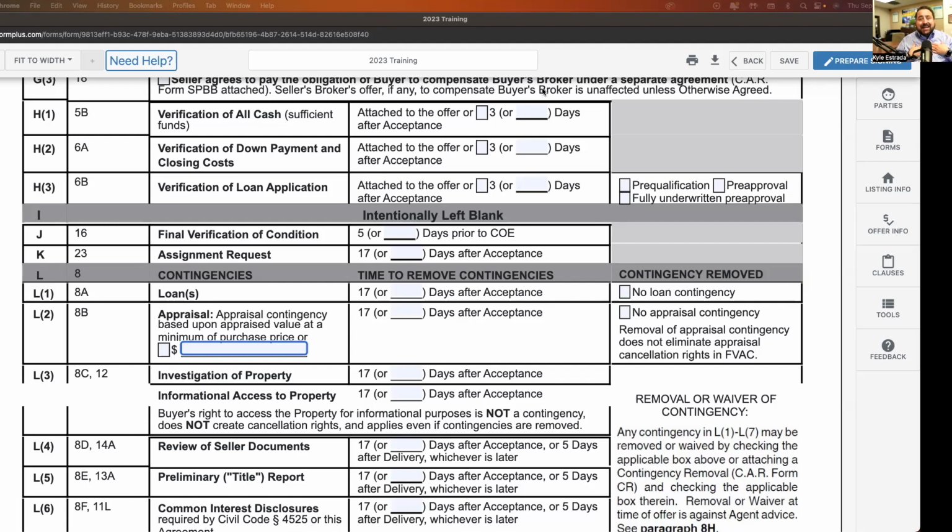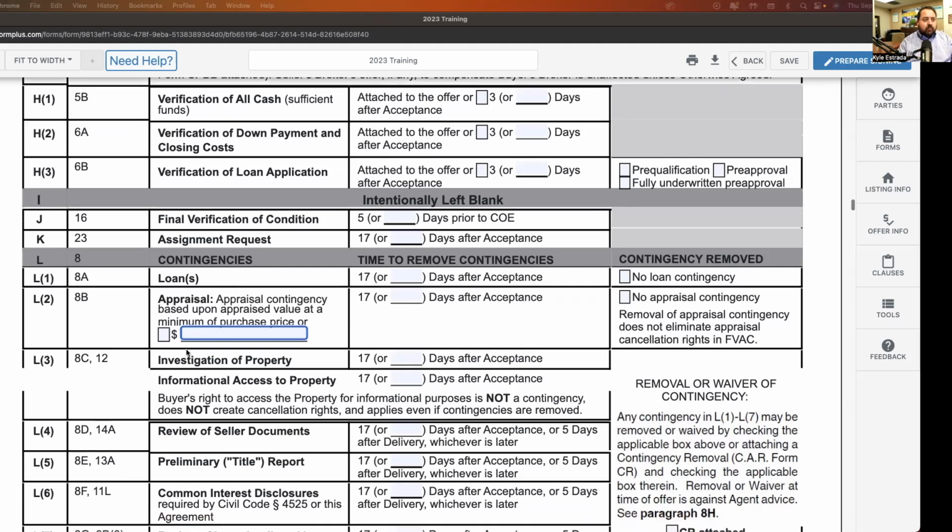So my thing is, you always are going to want to have an appraisal contingency when you write your offer. I know that there's going to be times where listing agents are going to counter you and take it out, and I get that. That becomes a case-by-case thing. That becomes a conversation with your buyer on how you guys are going to proceed in the transaction without that appraisal contingency and what their options are and all those things.